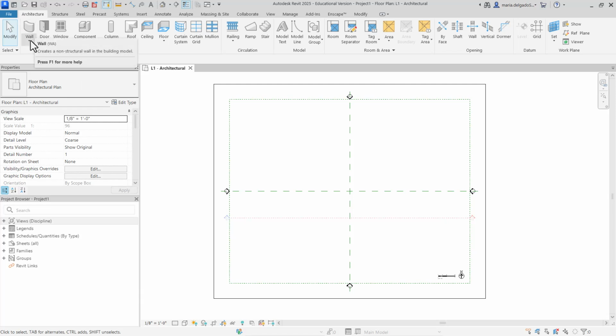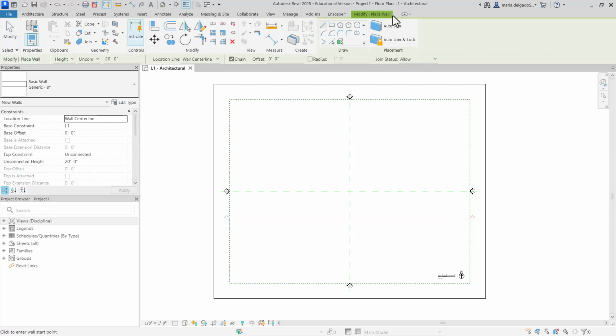For example, if I select a wall in Architecture, you're noticing that my green modification tab is open. And now it's saying click to enter wall at start point. If I left click and start to pull, it's telling me down here at the bottom left, horizontal, space flips orientation. I'm going to go ahead and hit escape. What I want you to note is that this down here is called the status bar, and it's just an option that helps you understand what action you're in and what you might want to consider to move forward.